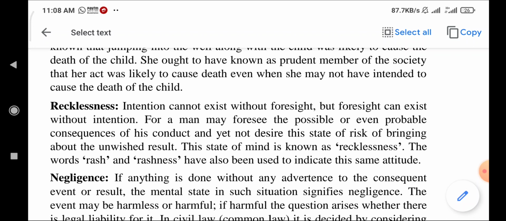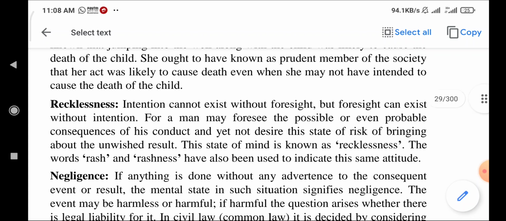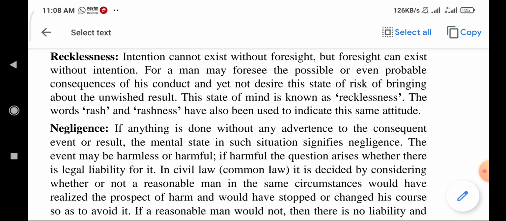फिर से पढ़ता हूँ. For a man may foresee the possible or even probable consequences of his conduct, and yet not desire this state of risk of bringing about the unwished result. This state of mind is known as recklessness. The words rash and rashness have also been used to indicate this same attitude. Okay, now